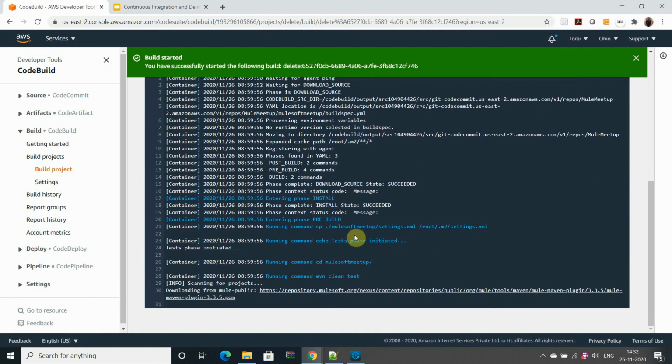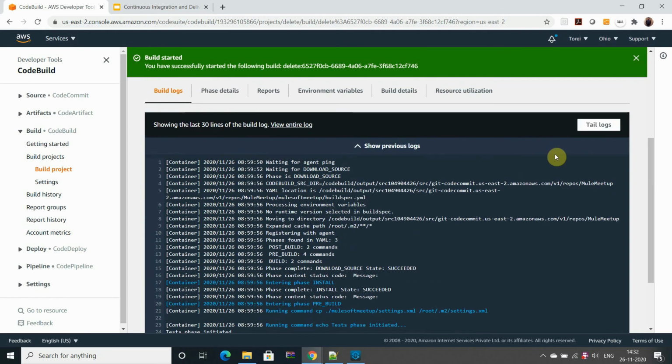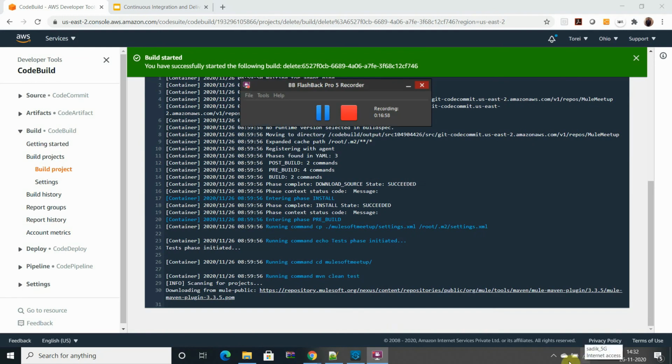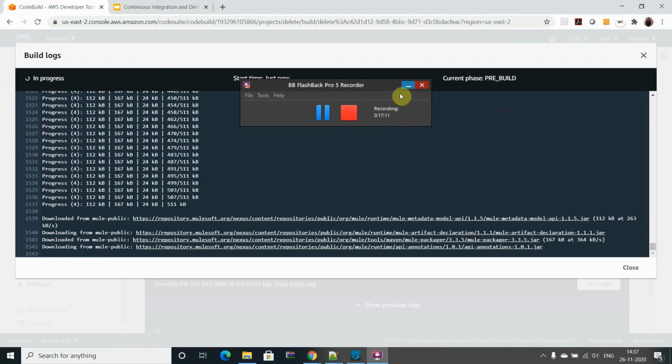I'm pausing my video for a couple of moments and will come back once the pre-build stage is done, because it's taking some more time. Here we can see it's downloading all the dependencies.